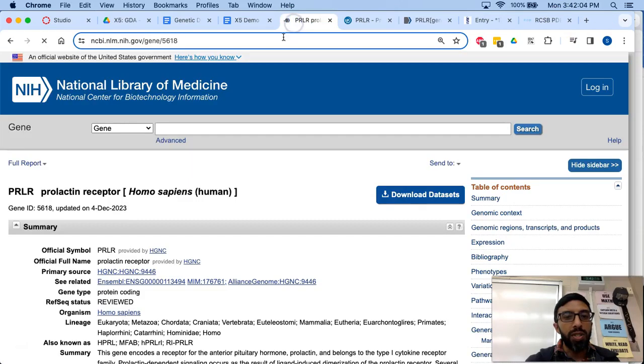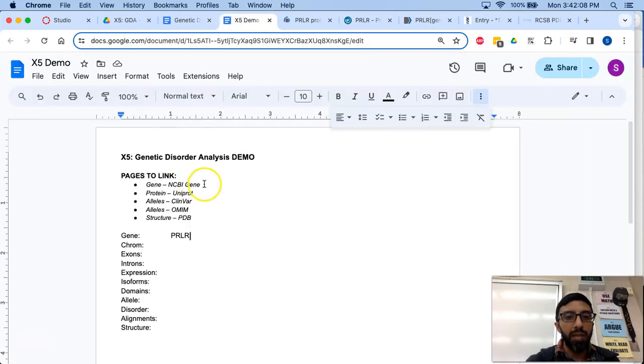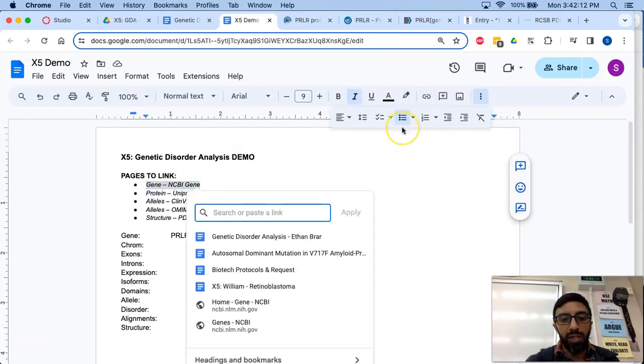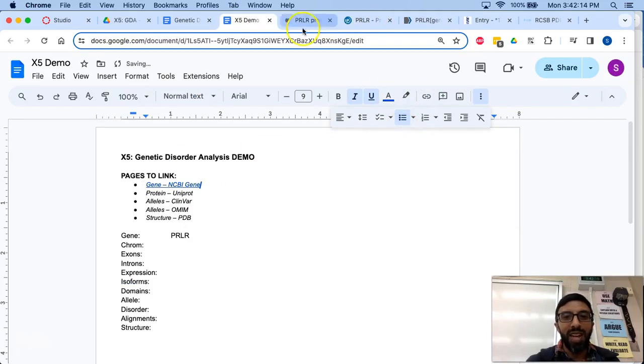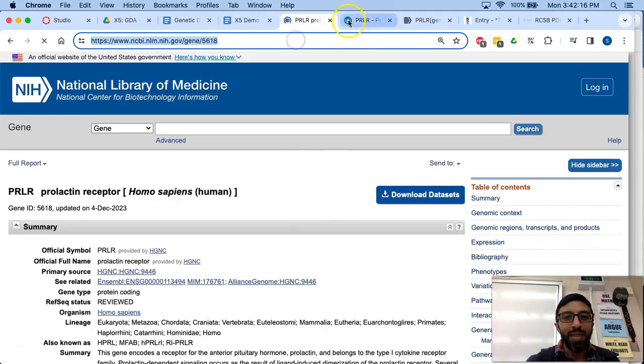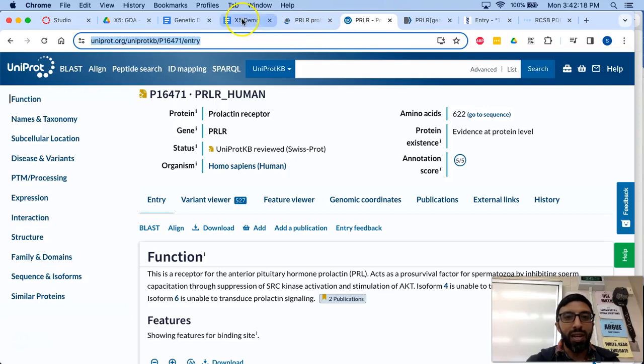So what I'm going to do is grab each of these pages, grab the URL, and paste them in here. I could just paste the URL. I'm actually linking this so I don't get lost or forget what's what. So that was this one. Here's UniProt. Copy